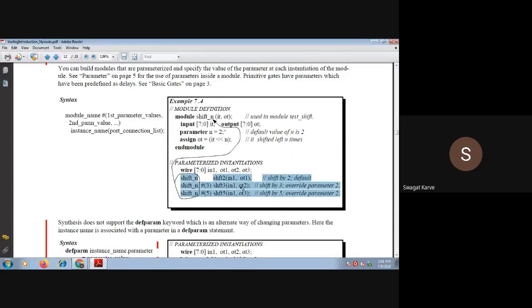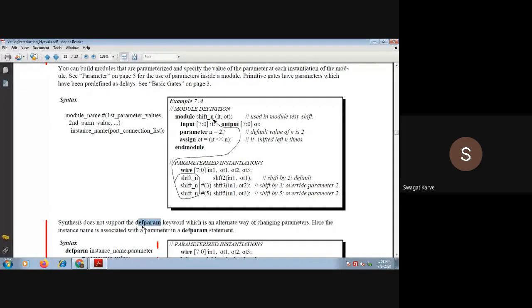Now remember, the synthesis tool does not support the defparam keyword, so you have to write the instance name associated with the parameter. This defparam is not the keyword that Verilog will consider.